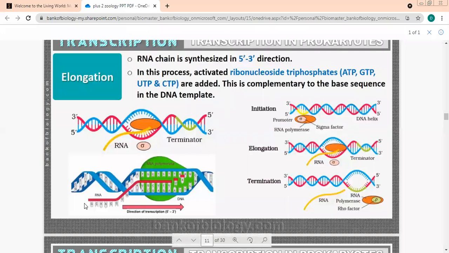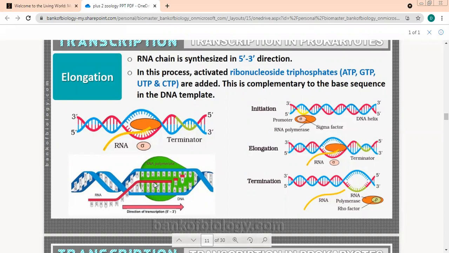Now we'll keep on adding over here. What we'll keep on adding is ribonucleoside triphosphates. Ribose sugars and nucleosides with phosphates. It could be adenosine, guanine, uracil, cytosine, anything. So we have these triphosphate ribonucleosides which will keep on adding. Once the process is started, these bases will keep on adding. See, this is the direction of transcription. We said 5' to 3'. So over here, you can see G, C, A, C, U, G. So these are all added.